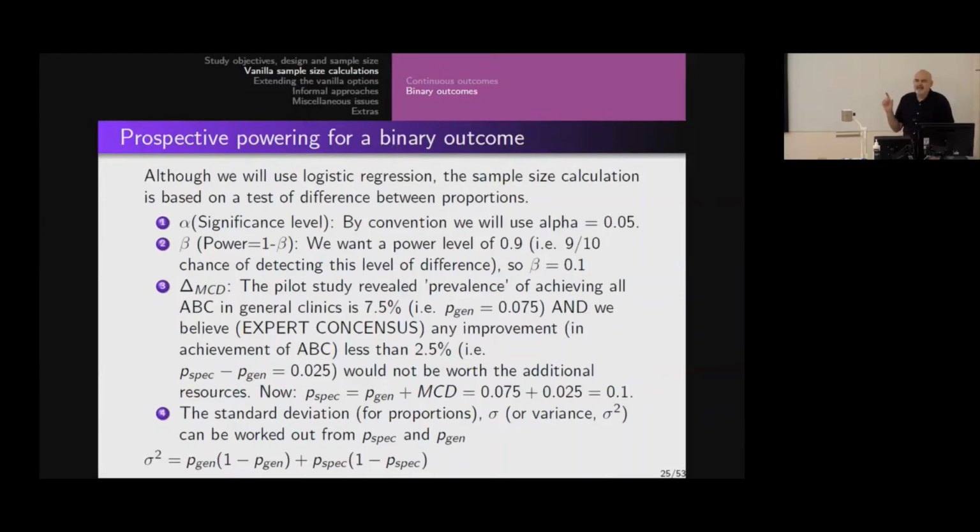Now 2.5% doesn't sound like a lot until you start thinking about health economics. If you achieve these clinical targets, you go a lot longer without getting complications. That saves the country a lot of money, but these people also live a lot longer and so on. So 2.5 doesn't sound like much, but at a national burden of disease level, it's actually a huge amount.